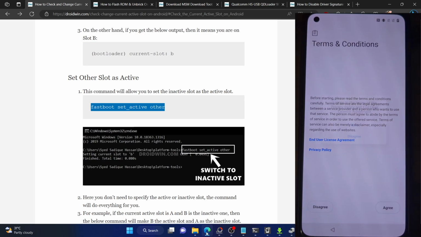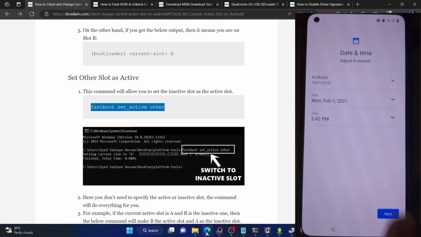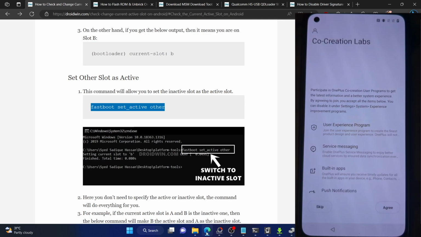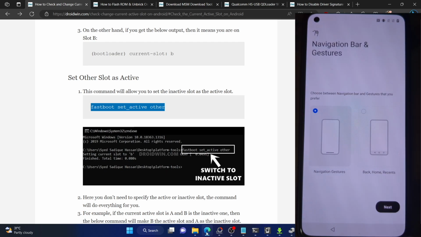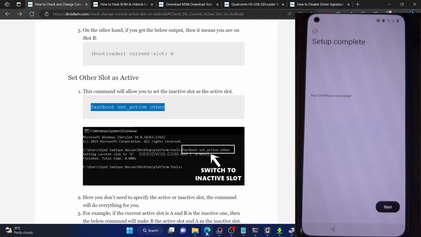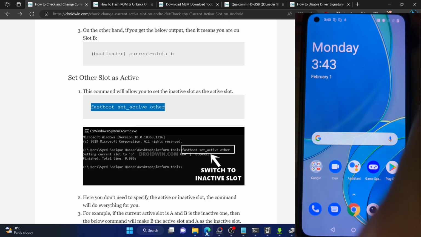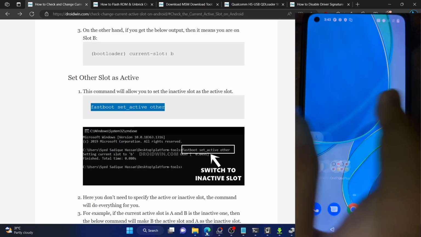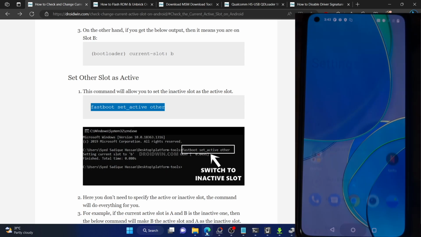And let me quickly go through the setup screen, and I will skip the initial setup offline and just show you the OS part. So let me show you that. So let me skip the rest of the stuff, and so let me select this. And so with this, as you could see, my phone has booted to the OS and I could now carry out the desired task. So guys, as you could see, I could now easily access the settings menu and all the stuff, and my phone is up and running once again.